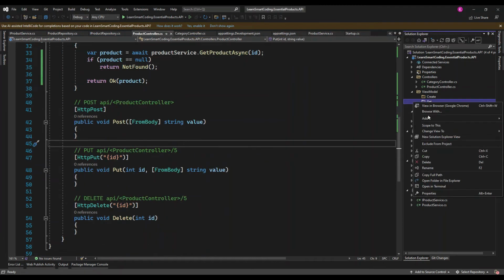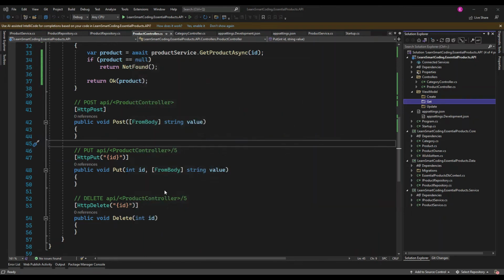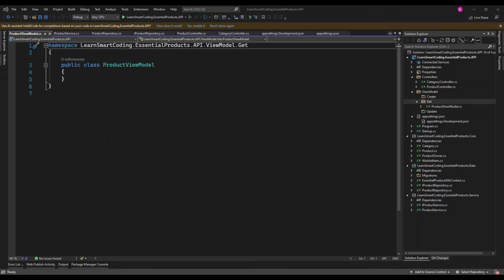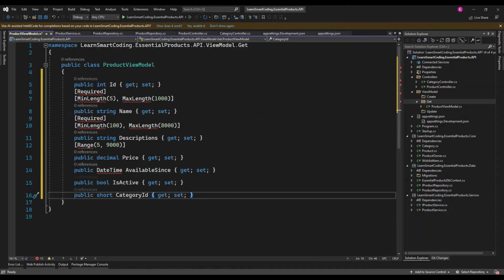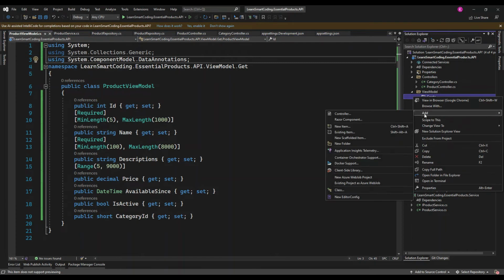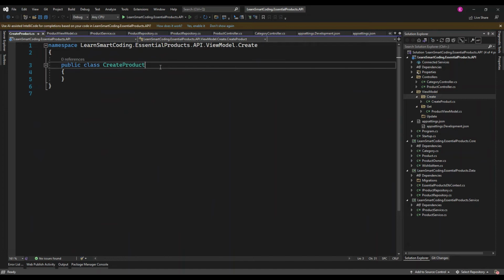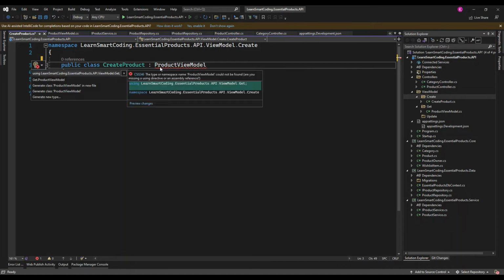Instead, this is where the view model comes into the picture. A view model is a translated copy of your original entity. So in our case, I'm going to give back only the ID, name, description, price, availability, and then action and category ID. We will not return anything else like last modified date and created date. We don't need to return all those things. And you see line numbers 9, 10, all those things are data annotations, which will instruct .NET Core to validate the properties,